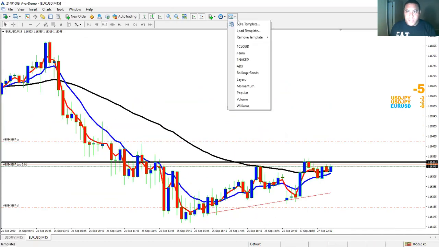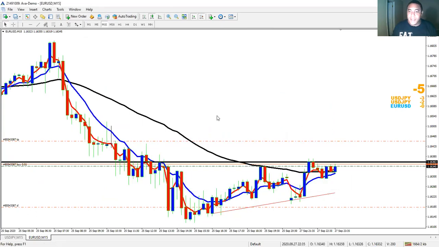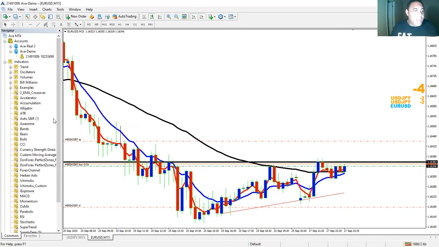I want to save this template. Save it as EMA, and I can hit save. I don't have to worry about losing that. This is set. There's a lot of different stuff that you guys can actually find in here,